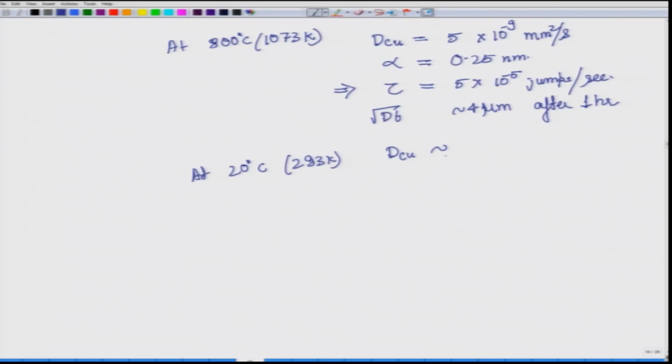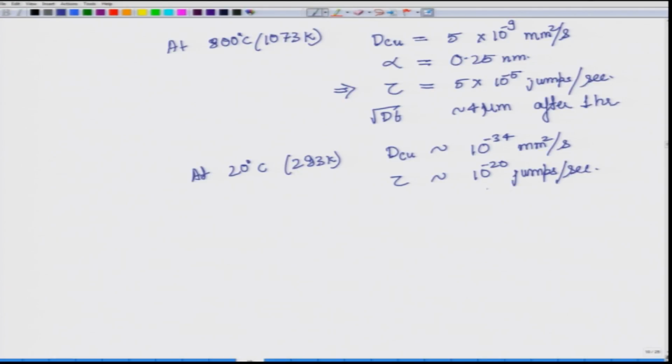You would see the first thing that becomes very small is this diffusivity coefficient D_Cu, because there were the athermal and the thermal component. So, because of the thermal component, this has reduced, and how much? It is of the order of minus 34. It is a very, very small quantity, and accordingly tau, which is the frequency of successful jump, becomes 10 to the minus 20. This is also a very, very small quantity.